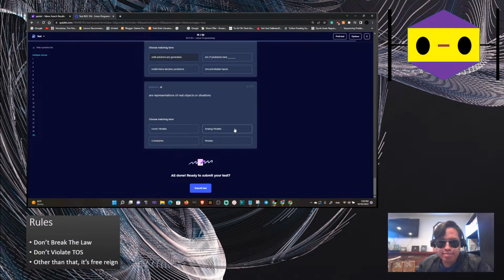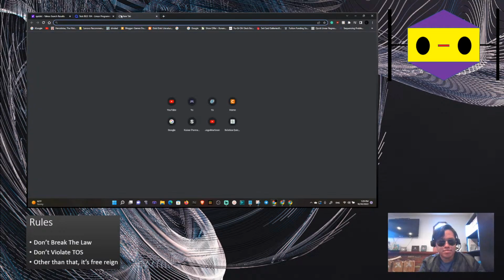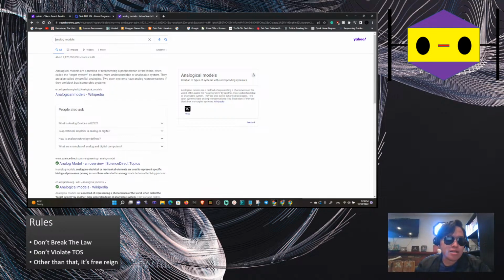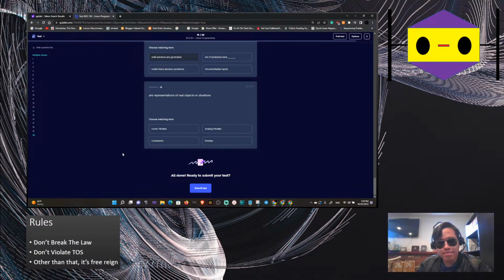Analog models, right? Models, right? Models or analog models? What's analog models? Analog models are a method of representing a phenomenon of the world, often called the target system, by another, more understandable or analyzable system. They are also called dynamic analogies. Two open systems have analog representation if they are black box isomorphic systems. Okay, what's that in layman's terms? That means